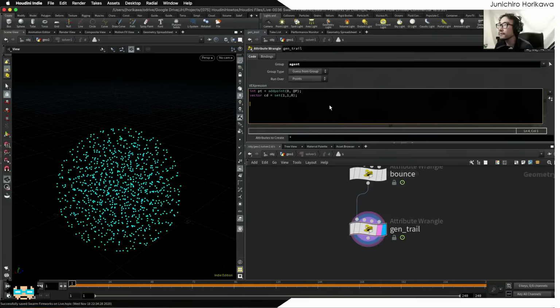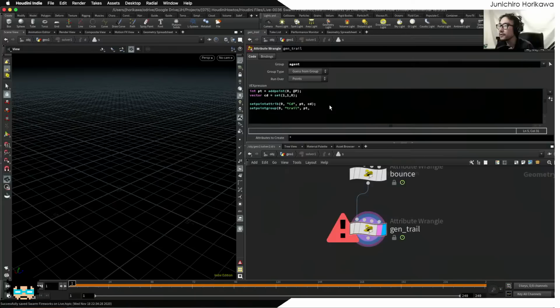And so I'm going to set point attribute ct pt with ct, and also I'm going to set the group, set point group 0 trail pt to 1,